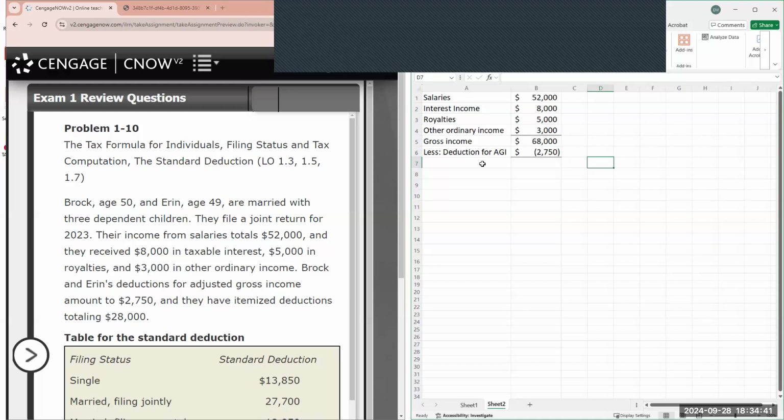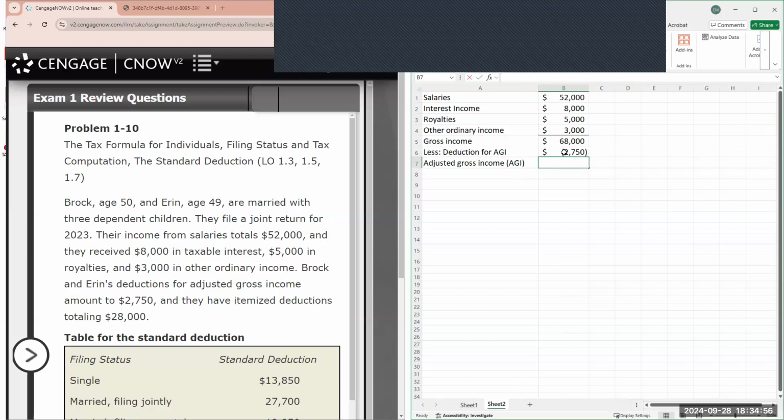So now the next thing is that we need to account for our adjusted gross income, aka AGI. In order for us to determine our AGI, it is our gross income minus our deductions for AGI. We'll actually need to sum it. So our adjusted gross income in this case is